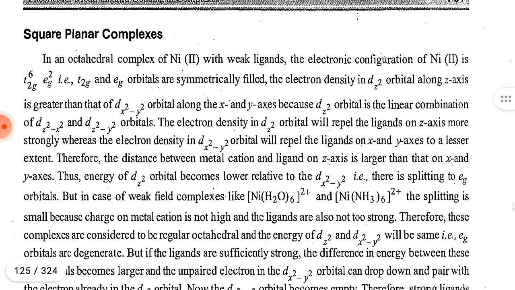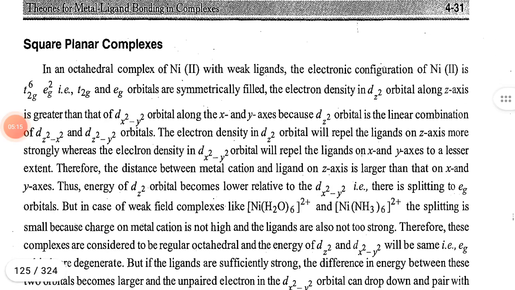Square planar complex. Square planar complex from an octahedral complex of nickel(II) with weak ligands. The electronic configuration of nickel(II) is t2g6 eg2, that is, the T2g and Eg orbitals are symmetrically filled. The electron density in the dz2 orbital along the z-axis is greater than that of the dx2-y2 orbital along the x and y axes because